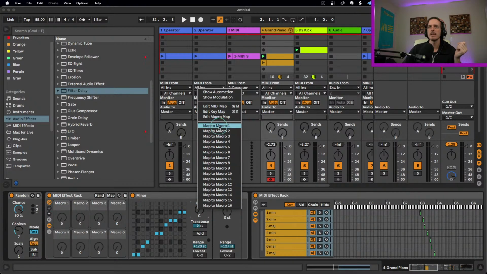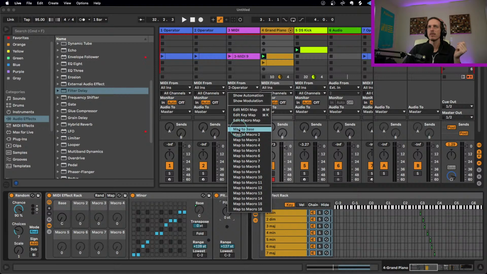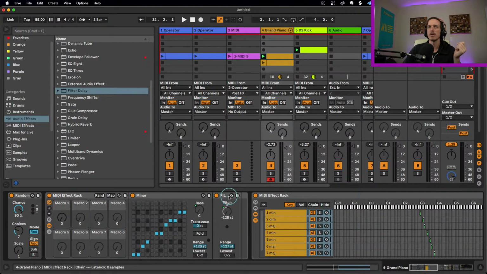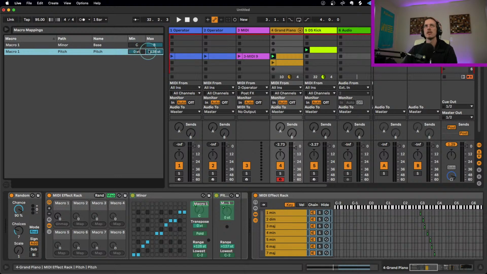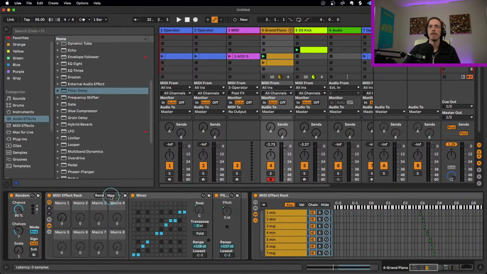We're going to macro map this to macro 1, and then macro map this also to macro 1. However, this one is going to start at 0, and then it's going to go up either 11 or 12. It's got to be 11. B is 11 semitones away. So now if I turn this one,